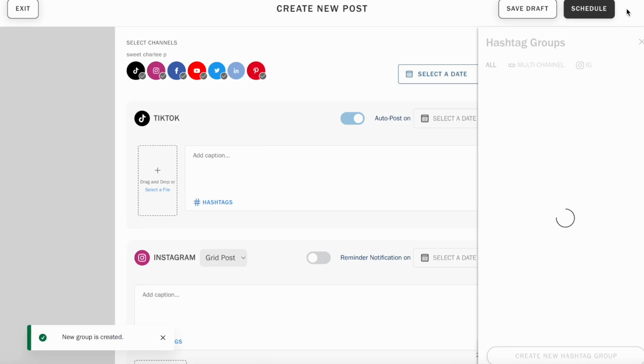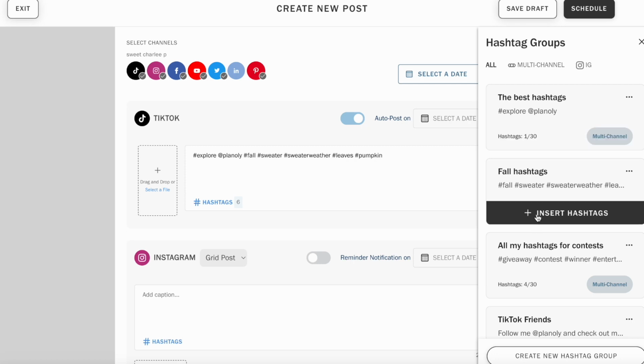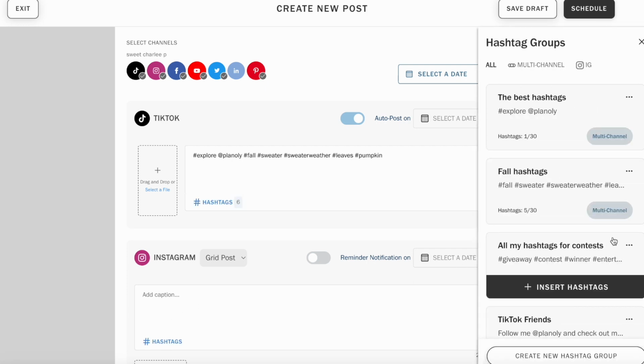When you're customizing your post details, for each channel, you can insert any of your hashtag groups into a post by clicking Insert Hashtags. To switch channels, simply click into another channel's post, then insert your hashtag groups there too. You can exit from the hashtag menu by Xing out at any time to fully see the rest of your